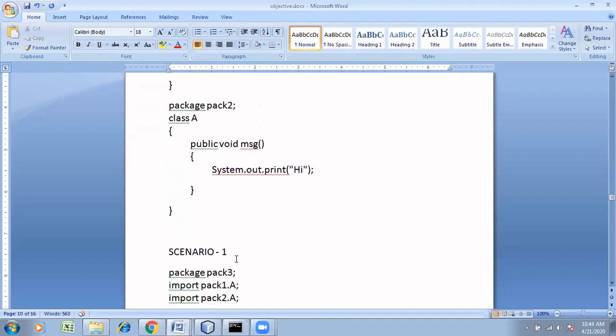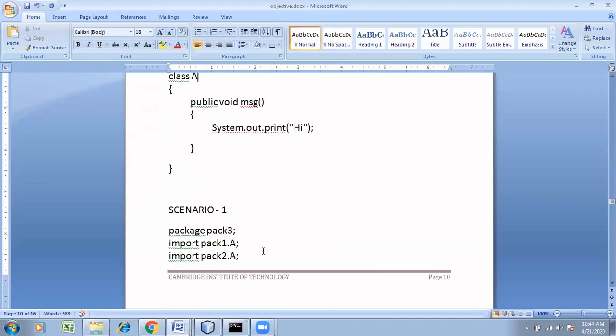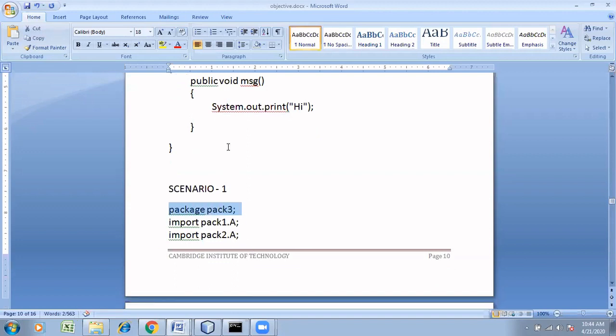Now scenario 1: assume this source file is written in another package, pack 3, and you are importing both, right? Did we discuss this scenario before in our discussion? Yes or no? We've already discussed, isn't it? Now just answer me, what will be the output? I am just having the third package and I'm importing both other packages.